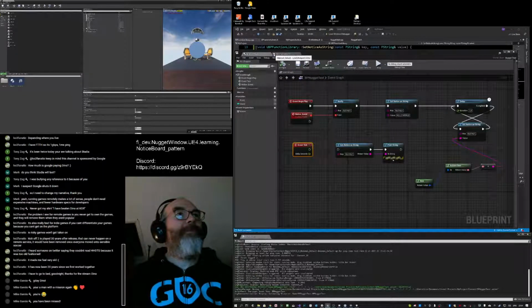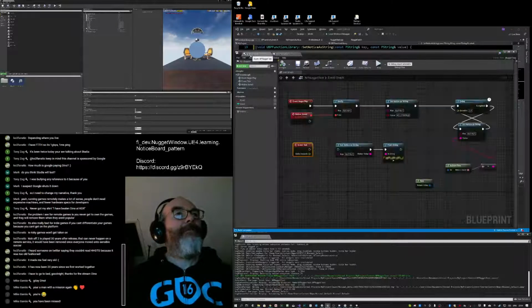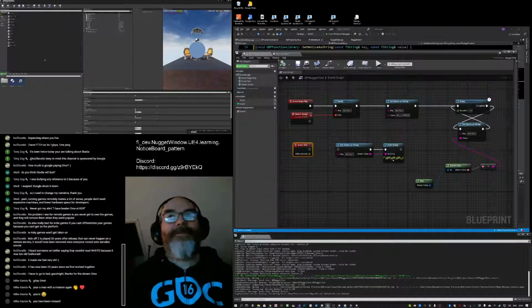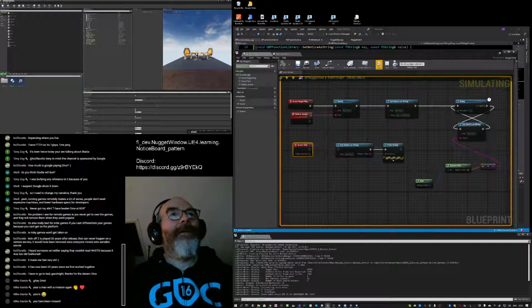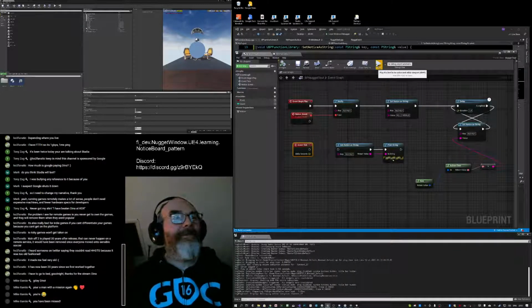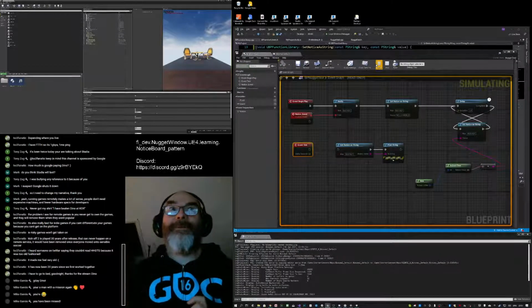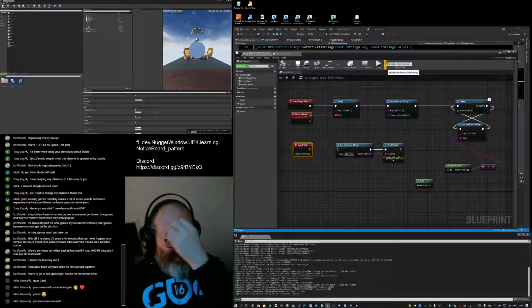Let's just save it all. Right. What we should have happen is that it doesn't crash. And we stop. And we play again. 3, 2, 1. Oh. No crash. Oh, that was it.